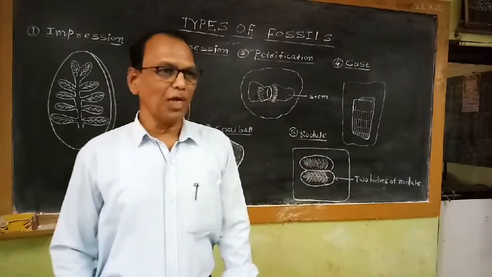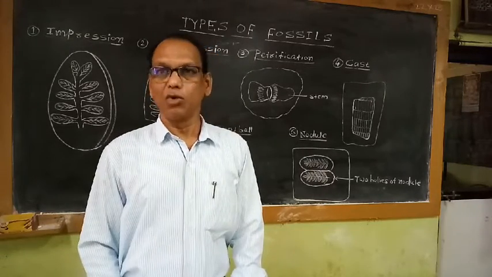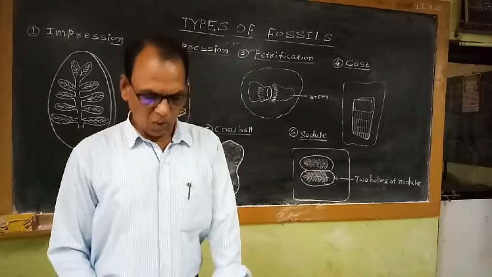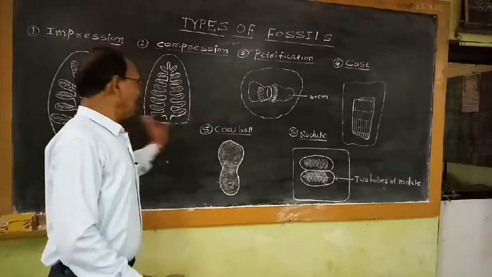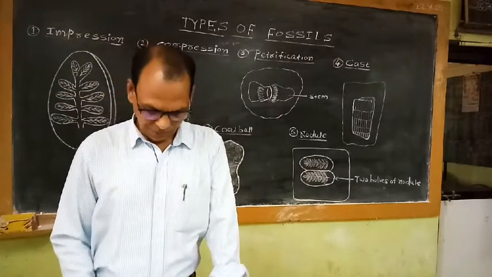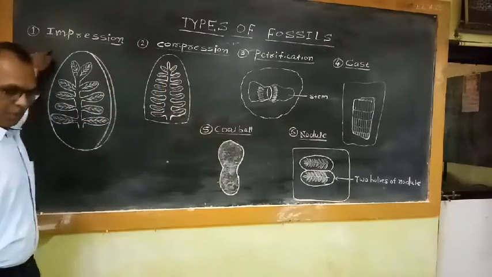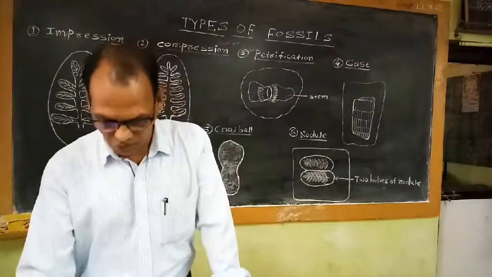So on the basis of the nature of fossilization process, the fossils are classified into these 6 major groups or categories. I am going to describe all these 6 different types of fossils one by one. As far as the first fossil, the impression type of fossil, is concerned, in this impression type of fossil,